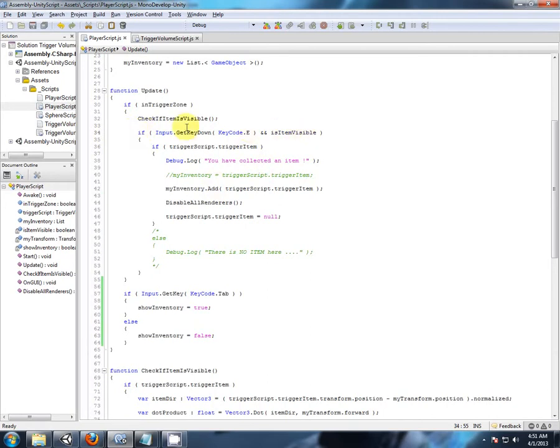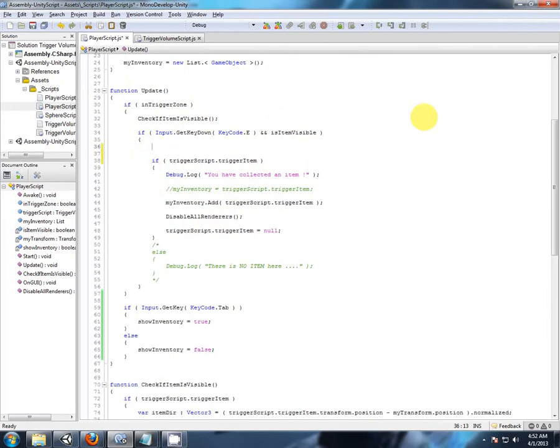Now here's where it's all happening. When we push the E, check if the item is visible. So before we decide that we're going to remove the item, let's see if we are collecting an item or we're opening a door. So it's going to fit right in here. If,